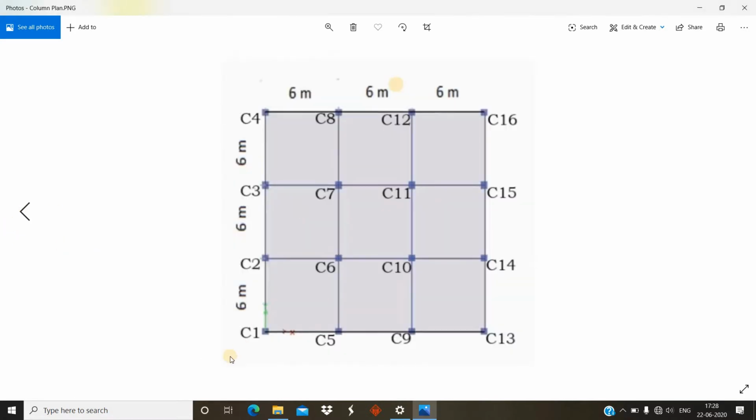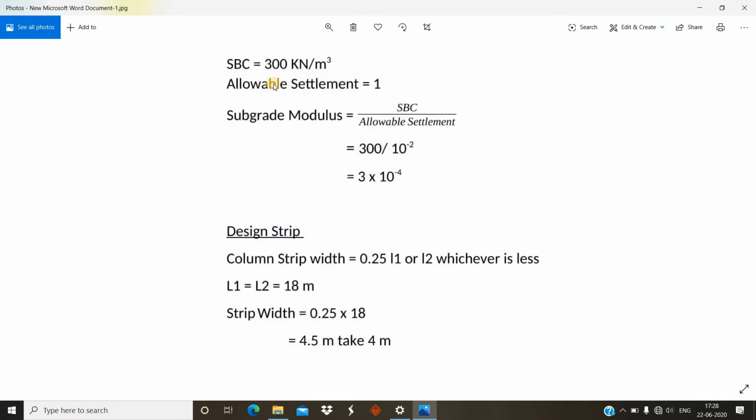So these are the column details, columns C1, C2, C3, C4. These details are obtained from ETABS 2016. This one is SBC 300 kilonewton, with allowable settlement. I have calculated subgrade modulus by dividing SBC by allowable settlement. So it is 3 into 10 to the power minus 4.